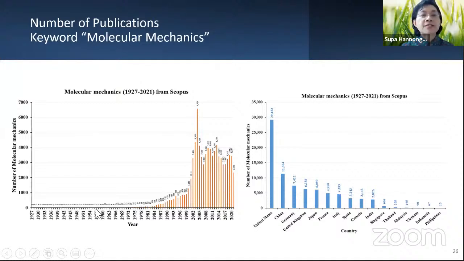You can see that for about 30 or 40 years there was not much progression. But after 1966, there were many publications on molecular mechanics, and you can see that about 1990, with the high performance of computers, there are several